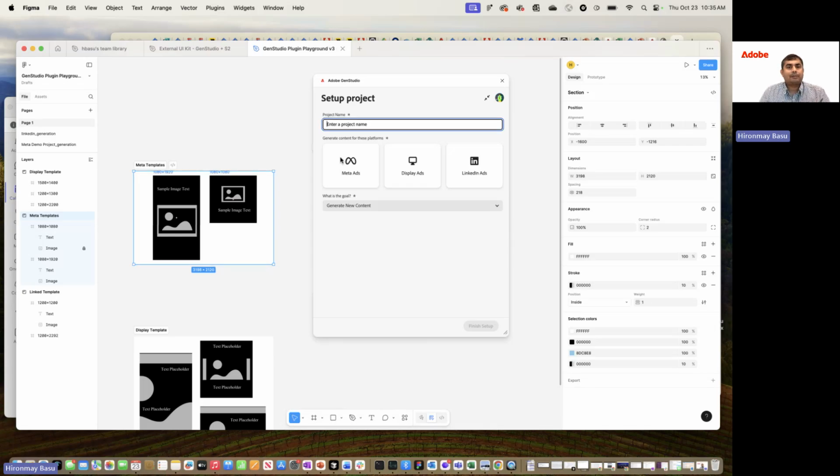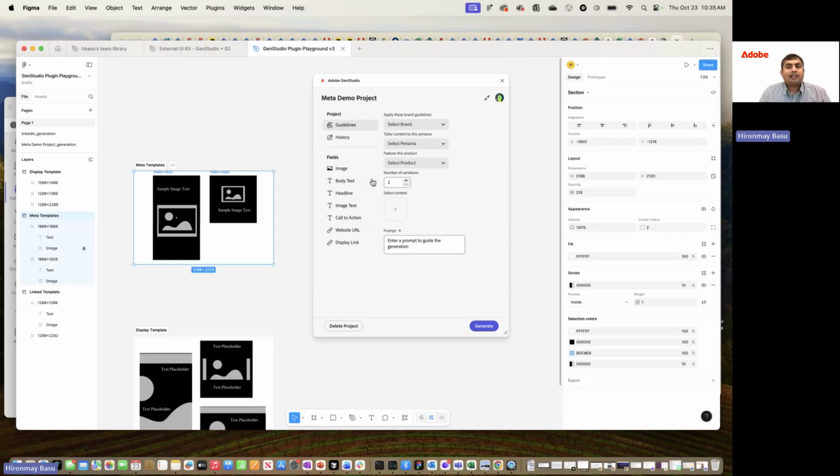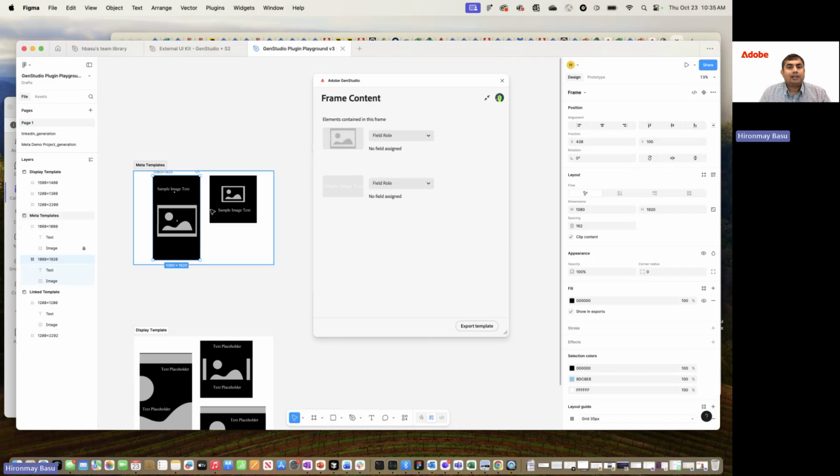So let me select a Meta template and say Meta demo project, and then I'll select Meta ad. I want to generate new content, so I'll finish the setup. Once I'm done with the setup, you can see I can bring in all the guidelines, product, persona, since I've connected to GenStudio. But before I do that, I want to make sure I have all the images and assets